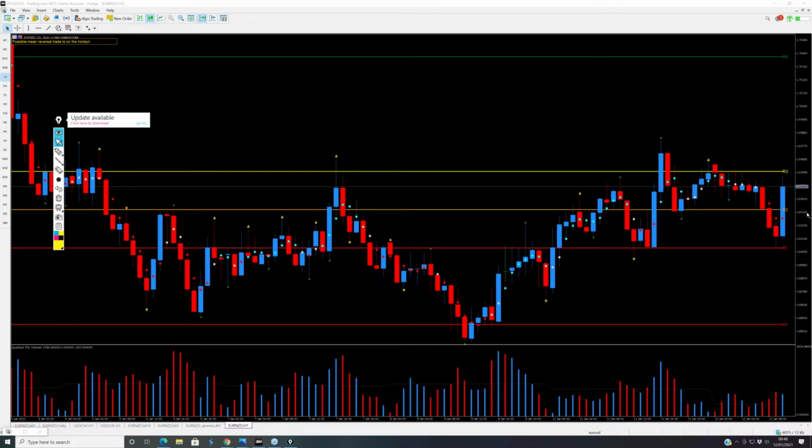This is the Camarilla indicator. Now, I explained earlier on about VPA that it is about obviously price action and price and volume, but there are three other elements to it. There are candles, there are candle patterns, there's time, and there is support and resistance. And I cannot stress enough how important support and resistance is,